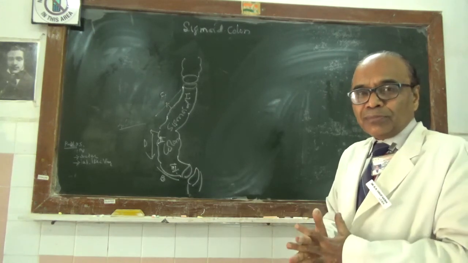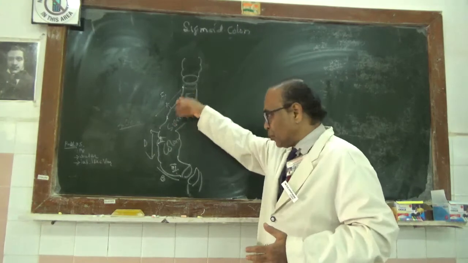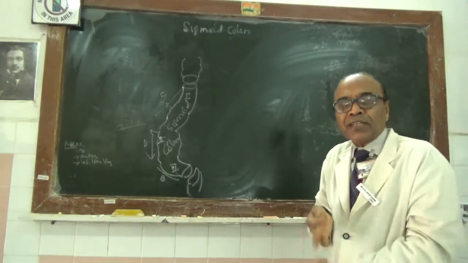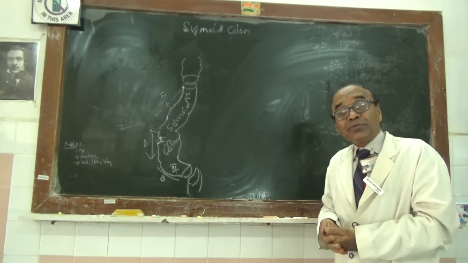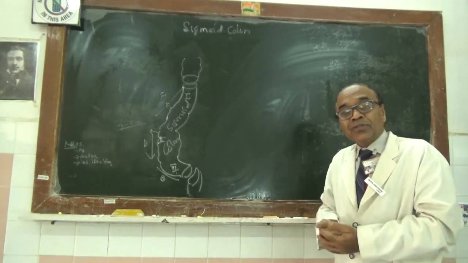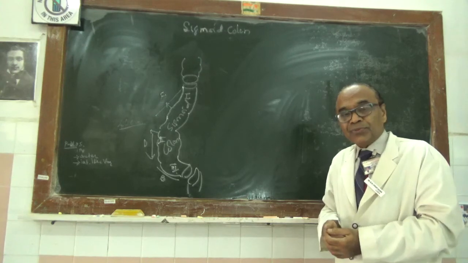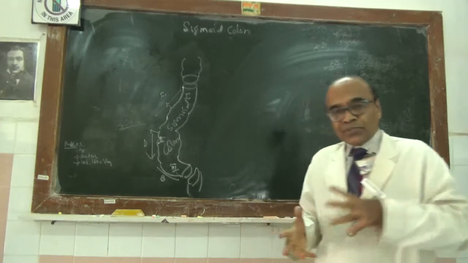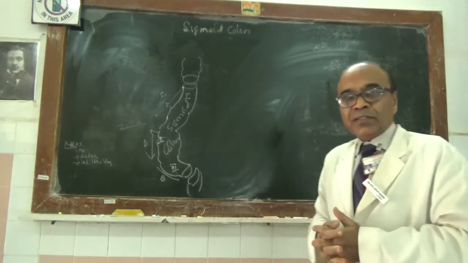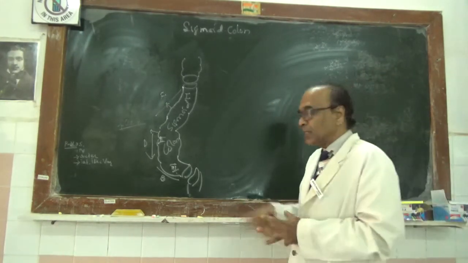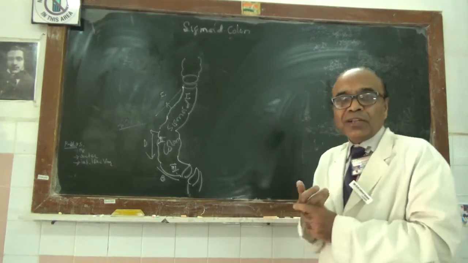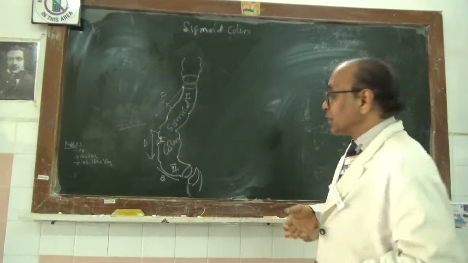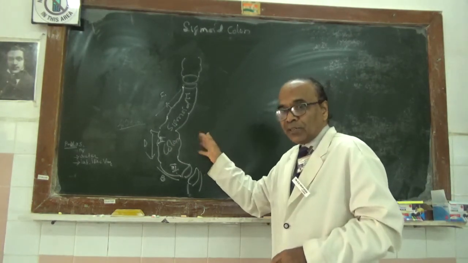extensions of the mesentery come from the right and from the left. It encircles and goes once again back to get attached to the respective sacroiliac joints, where it forms the sigmoid mesocolon. Left is a little bit shorter, right is a little bit longer. That is called the sigmoid mesocolon. That is the peritoneal reflections.